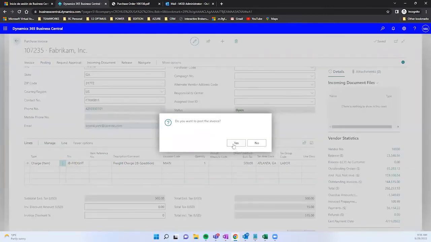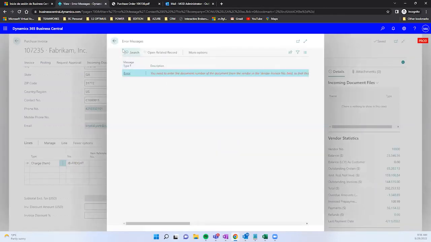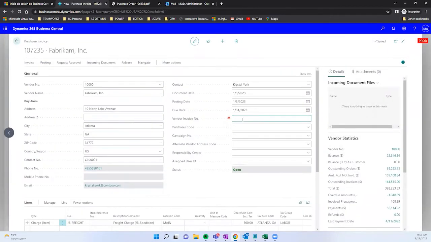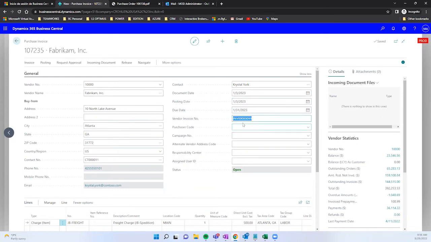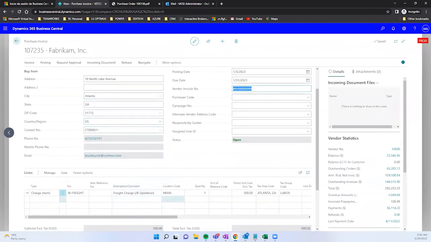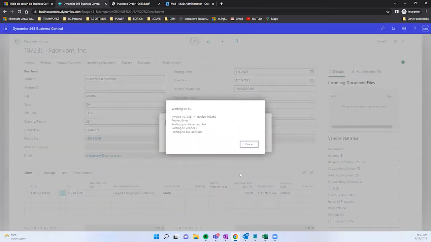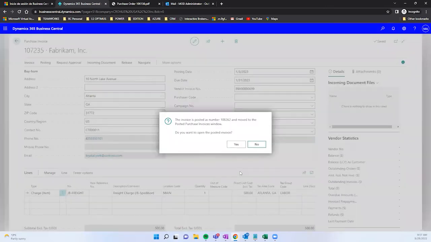Do you want to post the invoice? The idea is yes. This is asking me for the invoice number. Oh, just for the payment as well with AP. Well, for me as a purchaser, I'm going to need to ask for the vendor invoice number, right? So they can pay the invoice 99999 immediately for actually the freight service that I requested. So I want just to pause this. I will click on yes. And this then will be posting this value, okay,